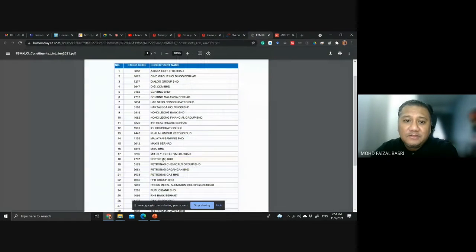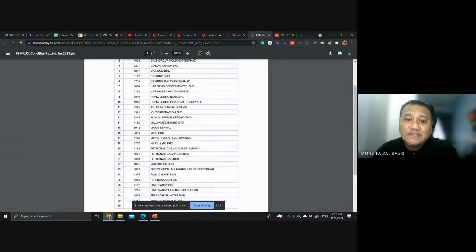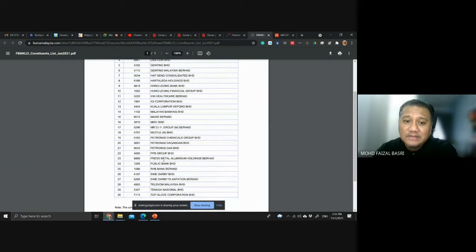So inilah 30 company. Macam cakap dia lah, ada banks, ada telco. Tu pun nanti DiGi pun in talks nak combine ataupun nak merge dengan Axiata nanti kan. So bayangkan dia dah combine, so akan ada satu spot lagi company lain yang akan masuk. So kalau dia follow through lah with the transaction. So macam-macam ada banks, ada conglomerate, Sime Darby pun siap ada 2 company kat dalam ni. Ada Telekom, Tenaga.